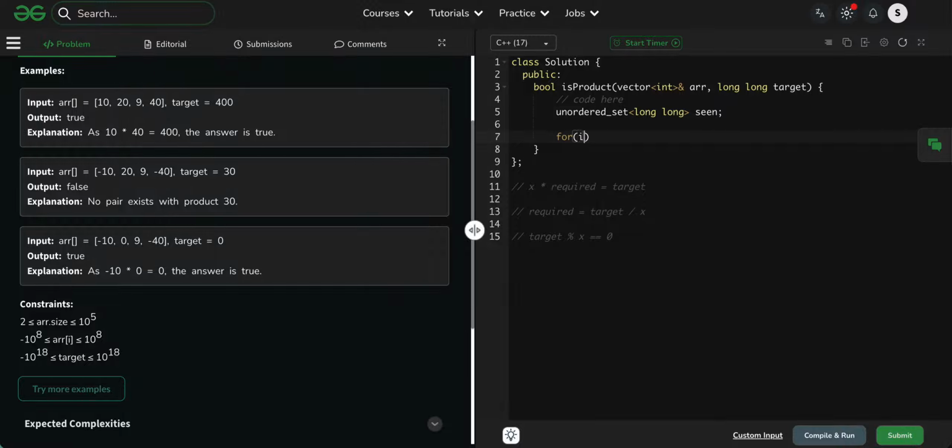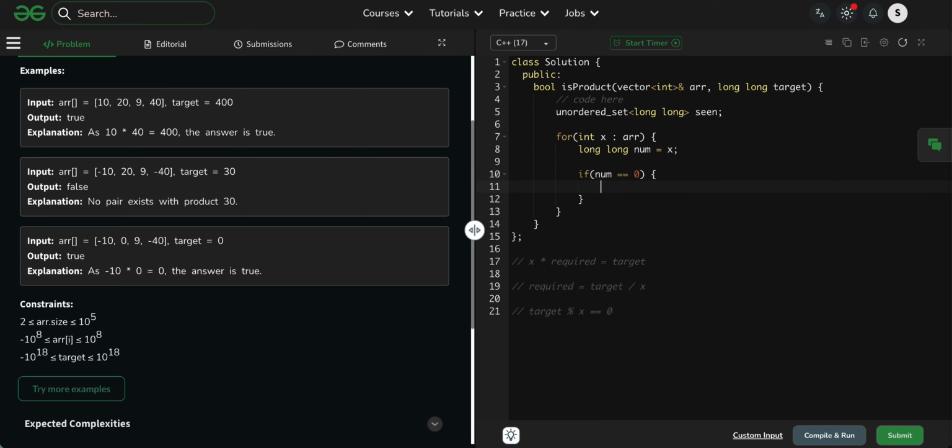Now for int x in array, long num is equal to x. If num is equal to 0, and if target is equal to 0, and seen dot empty, then return true.